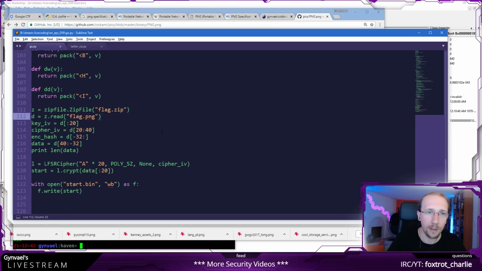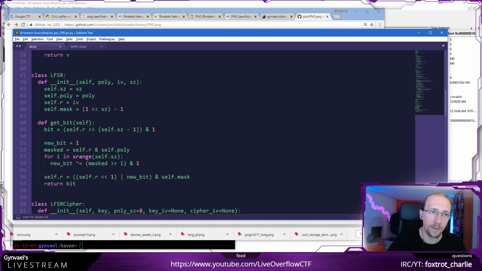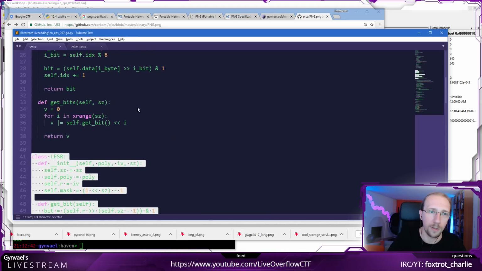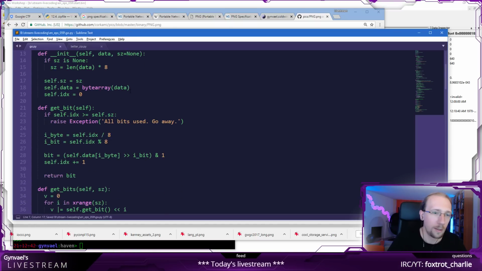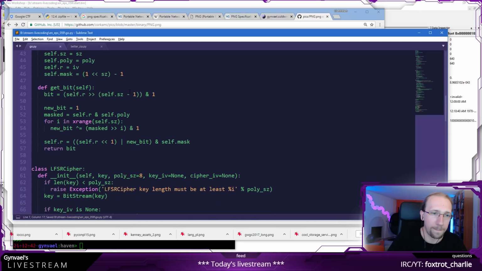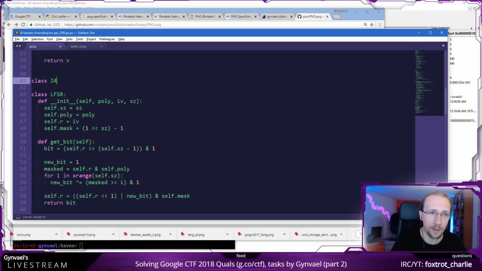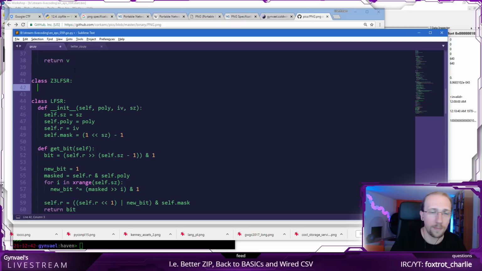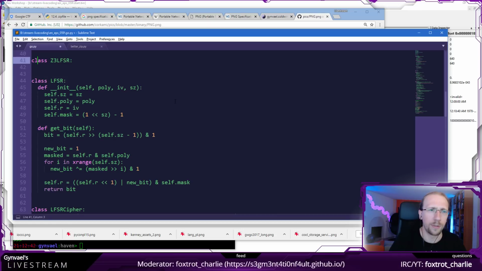So how do we do that? I guess we are going to need to implement this thing in Z3, so let's do that. We actually don't import Z3, we import from Z3, we import everything. Okay, so yeah, let's re-implement it in Z3. So Z3 LFSR, okay. Should it be like this, or should it be just... Yeah, it probably should be just a function.